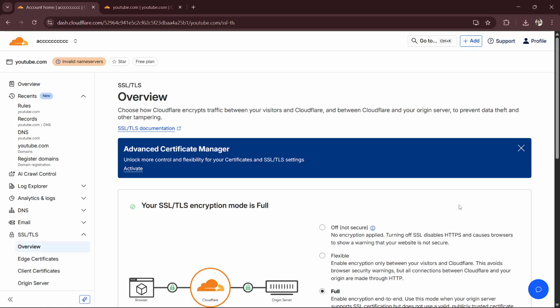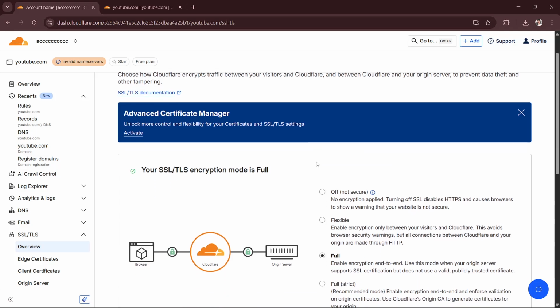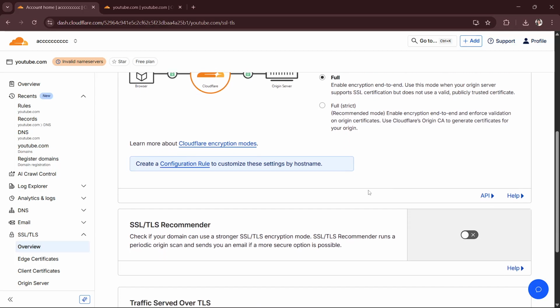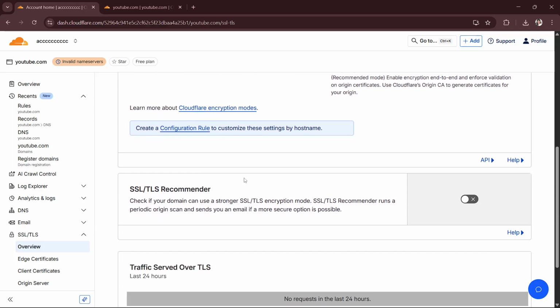or TLS, and then you will just have to look for edge certificates, and to unlock more control and flexibility for your certificates, you will have to activate. And once you see edge certificates, you will just have to click that, and then once you click that, you will just have to enable always use HTTPS, and then you will just have to go to your rules,